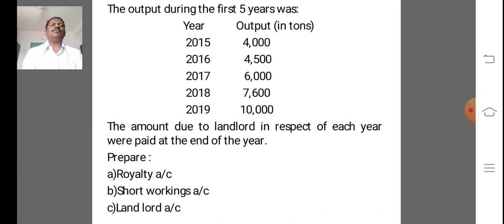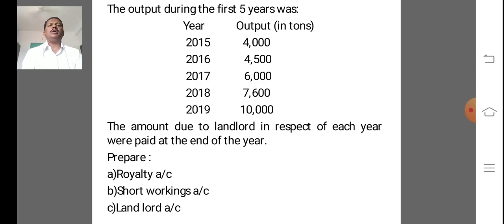The output during the first 5 years, 2015, 16, 17, 18, 19, in tons is given: first year 4000 tons, 4500, 6000, 7600, 10,000. The amount due to landlord in respect of each year was paid at the end of the year. The question is, prepare